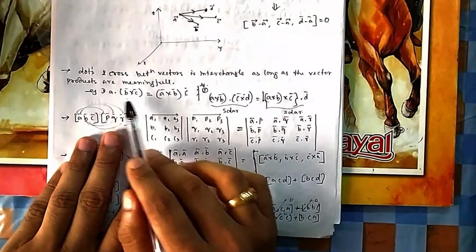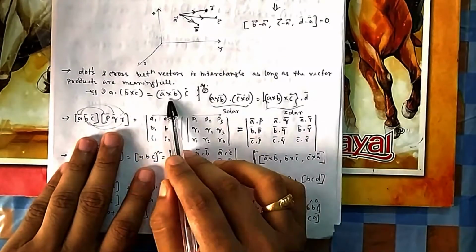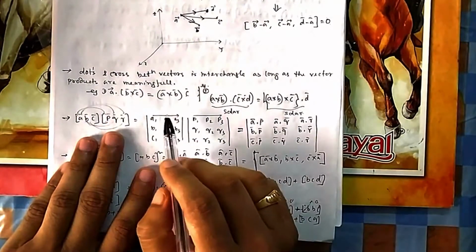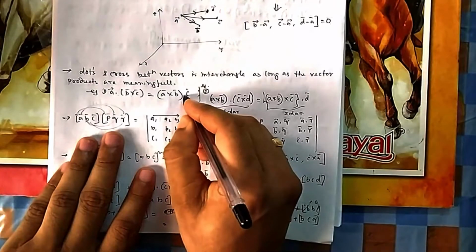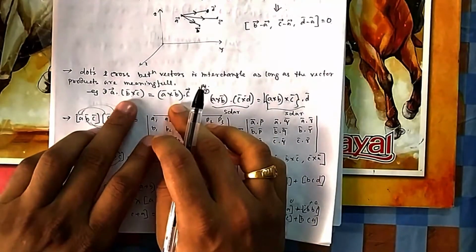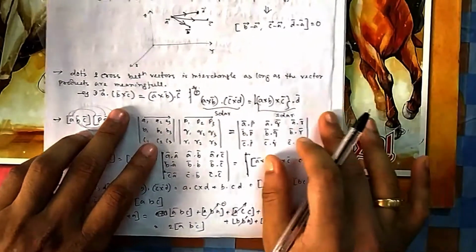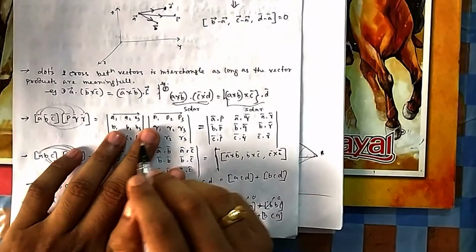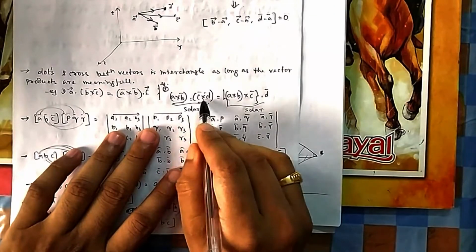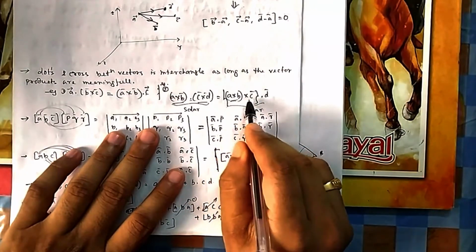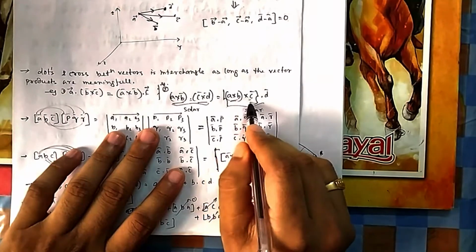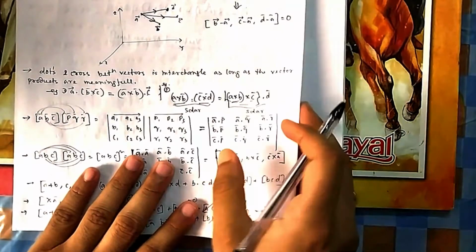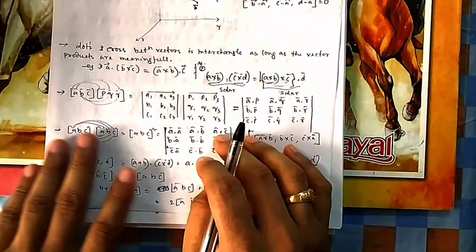Suppose this is this one, which we have already seen. So you can change these two, and that is meaningful because it is a vector that is dotted with another vector. Now this is also a vector that is dotted with another vector. So both are meaningful, and this interchange is possible. Suppose this one, this is a vector dotted with another vector. Now again you can interchange this dot and cross. You can see this is a vector crossed with another vector, which will give me another vector. That vector will be dotted with another vector. So this is also meaningful, and this interchange is also possible.